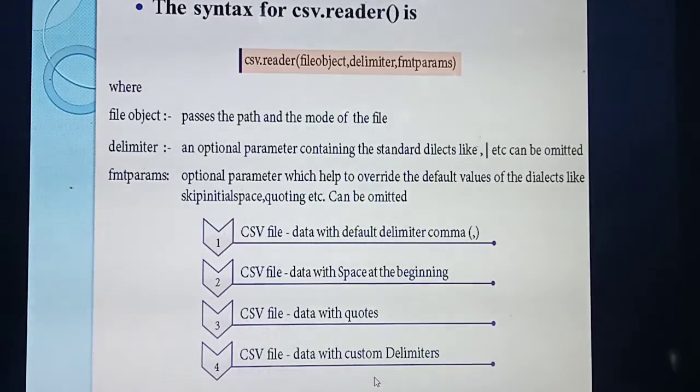So in the CSV reader function, how many things are there? Four: data with default delimiter comma, space at the beginning, data with quotes, and data with custom delimiters.